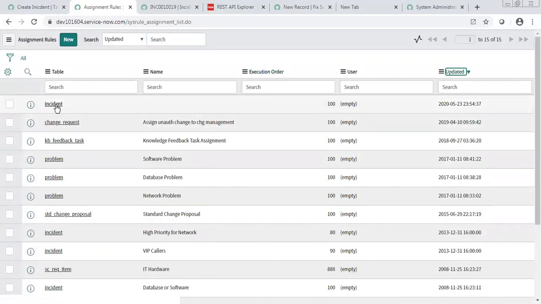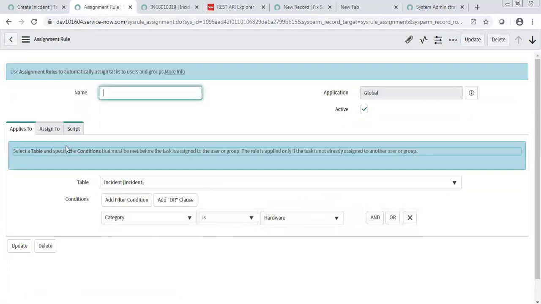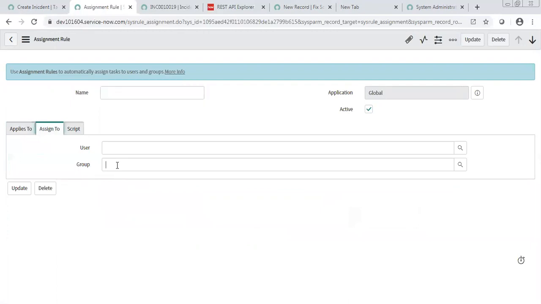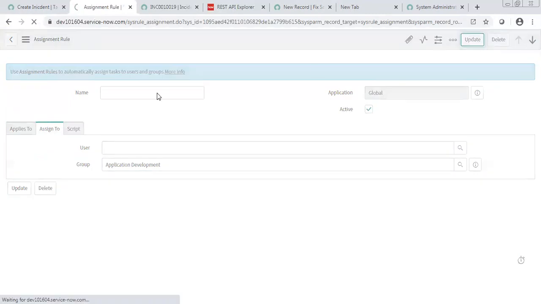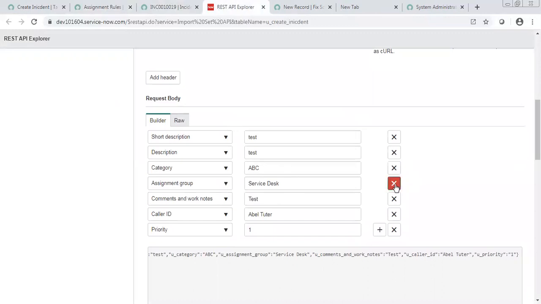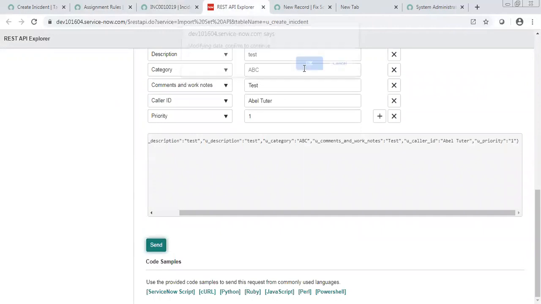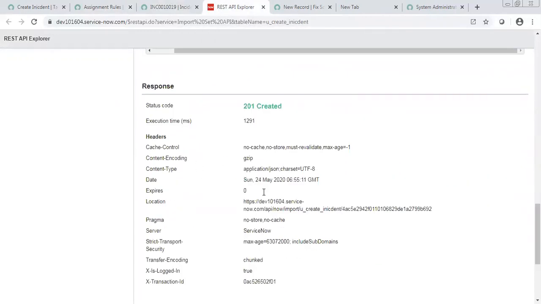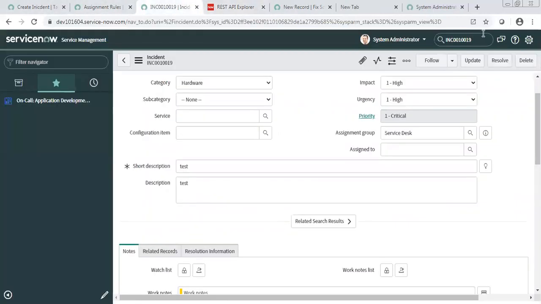So if any incident in their environment gets created with category as hardware, then I just want that to be assigned to maybe the application development team. Now we will not ask them to send any group. I will remove this, but still you will see the ticket will get assigned to the correct group. If I open this incident now.